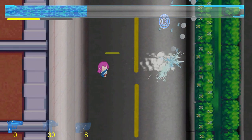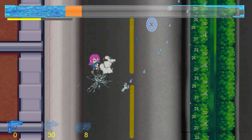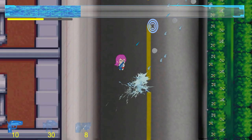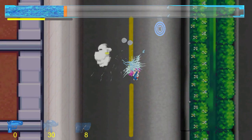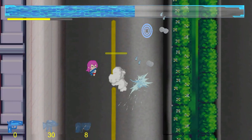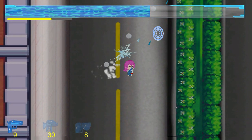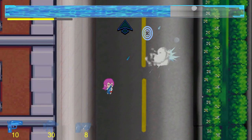Can I just shoot where they're shooting from, maybe? I mean, if we have the same trajectory, I should kill them. And if I get... So... Some of that is flour. Which is just so confusing. I mean, I know, just don't get hit with anything. But it's like... If I need more ammo...